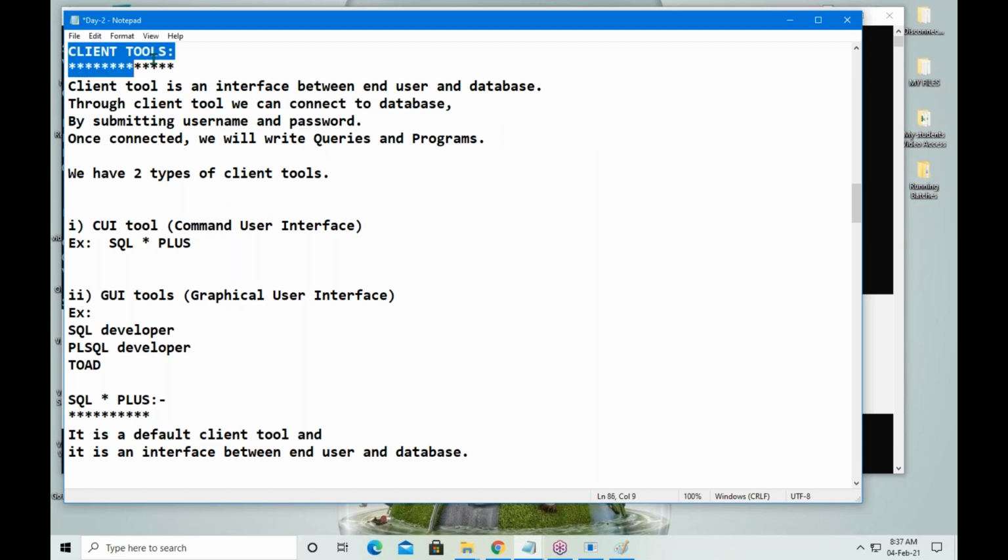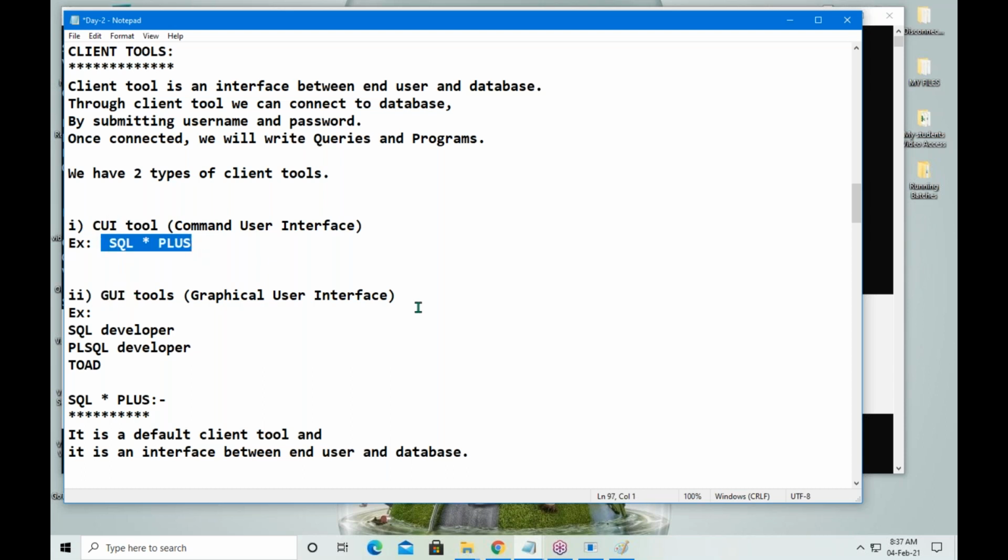Client tools are again of two types. Client applications, two types: CUI type and GUI type. What is CUI?